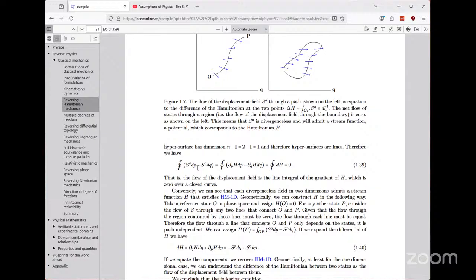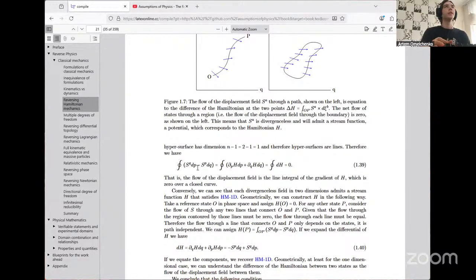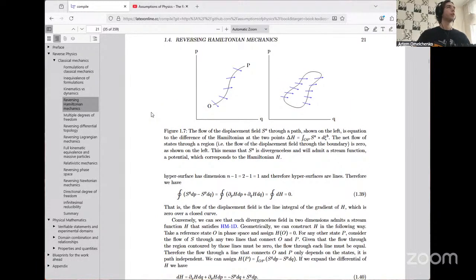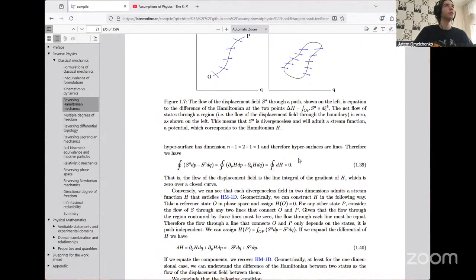Good. Okay, so that is the flow of the displacement field is the line integral of the gradient of the Hamiltonian, which is 0 over a closed curve, as we've said. Conversely, we can see that each divergenceless field in 2 dimensions admits a stream function H that satisfies,